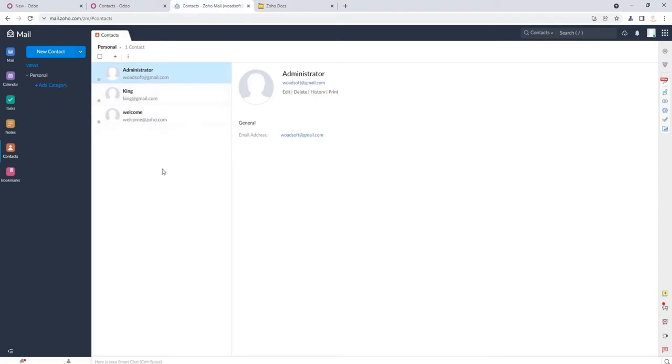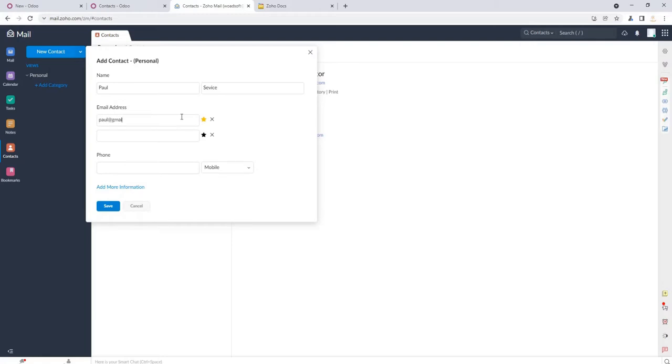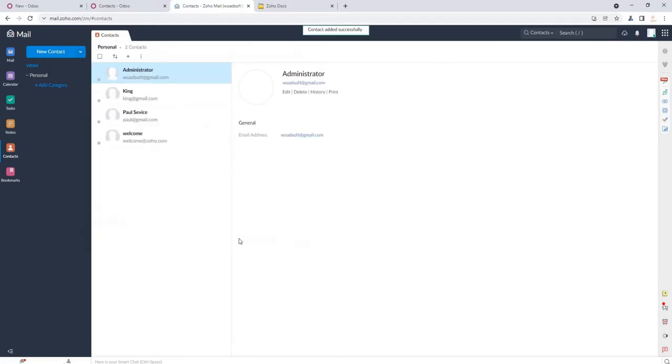So all the contacts from Odoo are exported. Now I am going to add a new contact, and I fill in some sample information like the email.